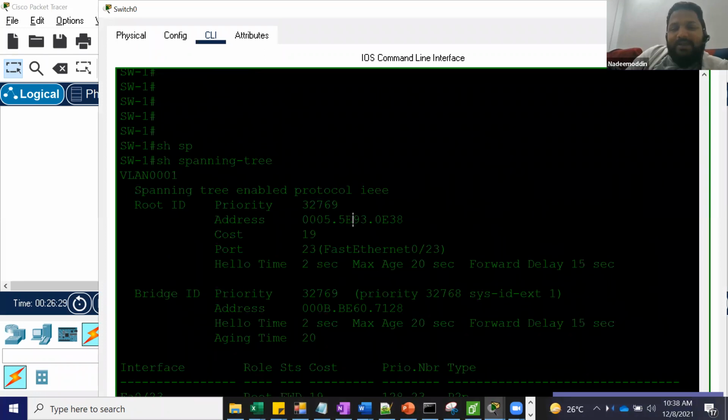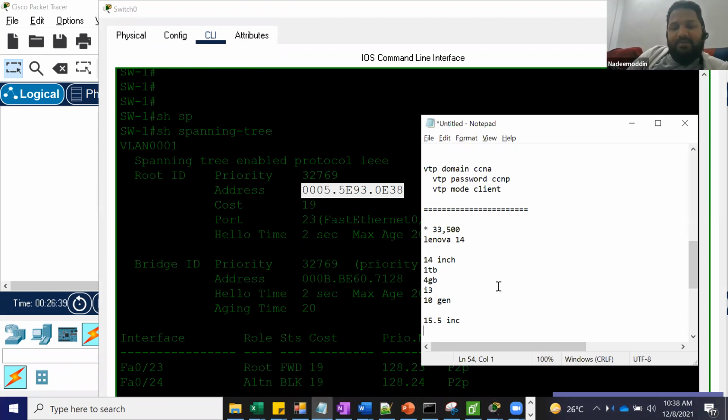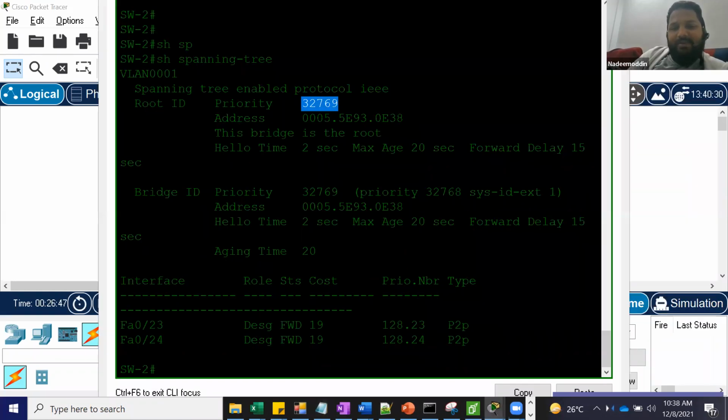But the only difference is the lowest MAC address. Can you see this? So if I copy, you can copy it. This is the switch 1 MAC address, and you can have a look at this, the switch 2 MAC address.